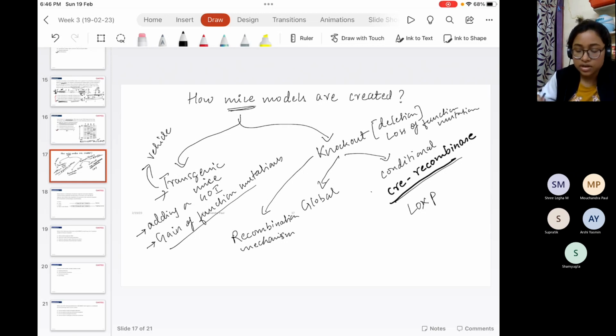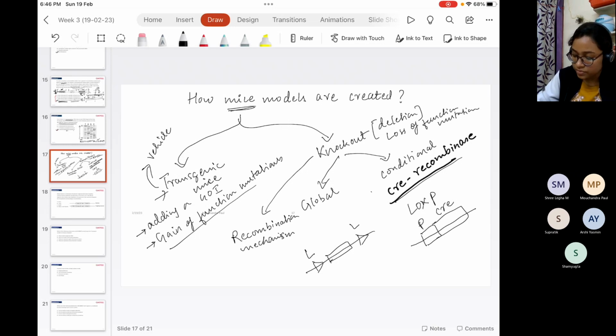Now suppose you have a transgenic mice where you have added LOXP sites like this, and in between is your gene of interest which you want to knock out. I'm representing the LOXP with L. And there is another transgenic mice, which has the gene for Cre recombinase. This is the promoter. Now, when these two mice are allowed to mate,